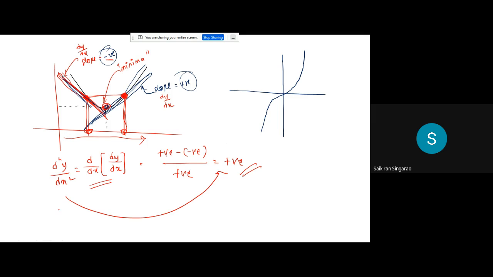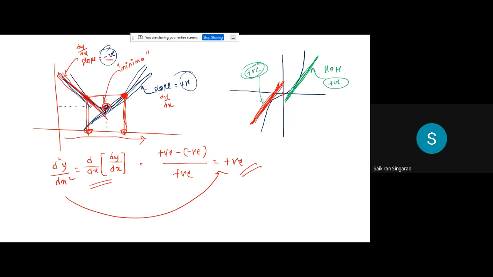See, I'm drawing a curve like this. What is the slope here? Can anyone tell me? What's the slope here before this point? Positive. Positive slope. Very good. Here, what is the slope? Positive, right? So when the slope does not change,